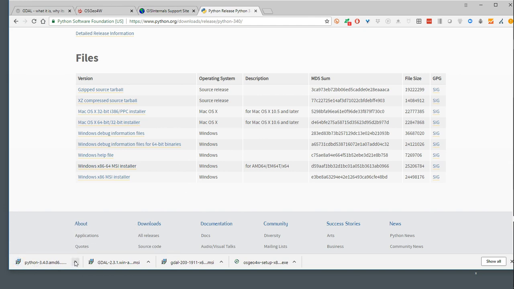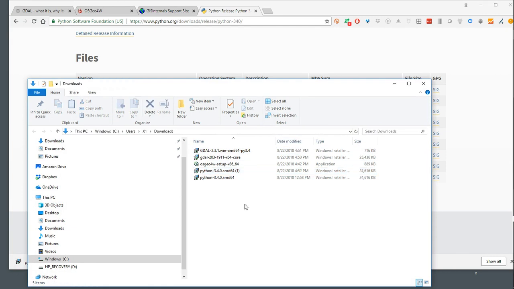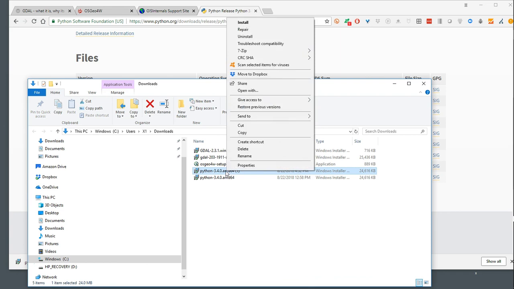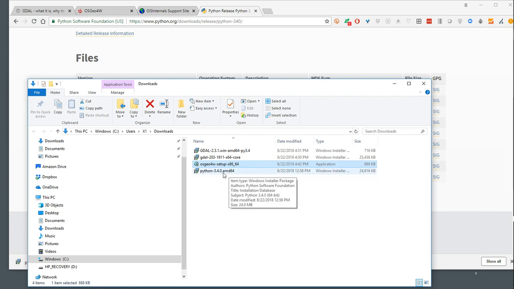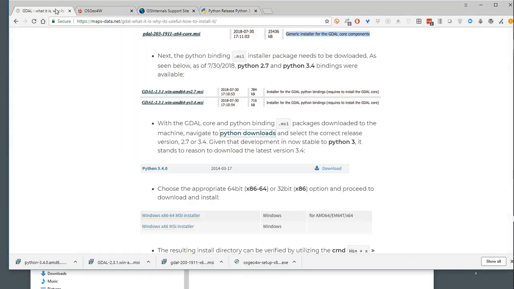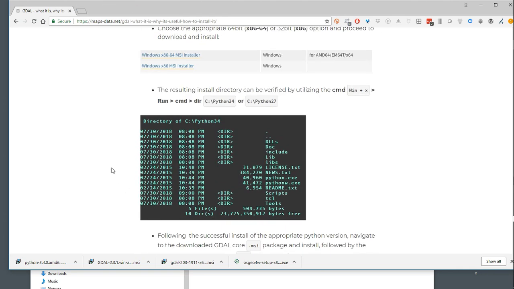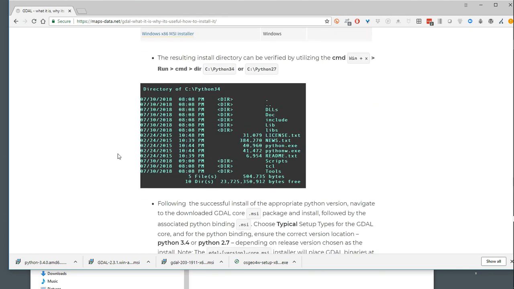Once it's downloaded, I can go to my downloads folder. At this point, I should have the GDAL core, I should have my Python bindings, which we just did the 4W setup for, and then I should also have Python 3.4.0 for a 64-bit machine. Those are the parts that we need. So the first thing we want to do now is go ahead and